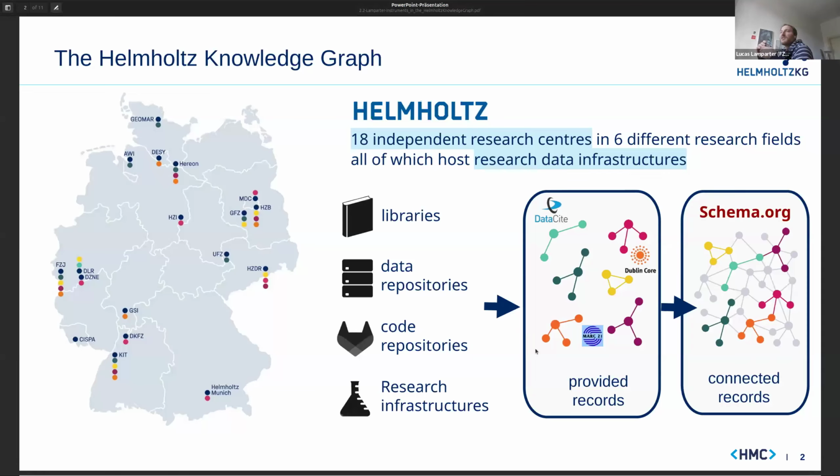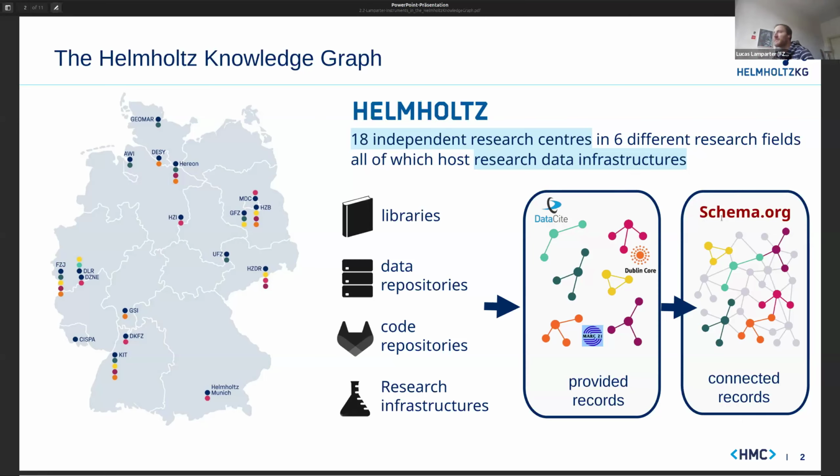Okay, maybe a 30-second introduction to what the Helmholtz Knowledge Graph is. The Helmholtz Association consists of 18 independent research centers, and the keyword here is independent. Usually independence is a good thing, but here it also comes with some challenges. 18 independent centers means we have everything 18 times: 18 libraries, 18 data repositories, code repositories, and so on and so on. And all of these repositories use their own metadata formats. So the Helmholtz Knowledge Graph is the attempt to squeeze it all together into one big graph using one unified metadata format, which in our case is schema.org,